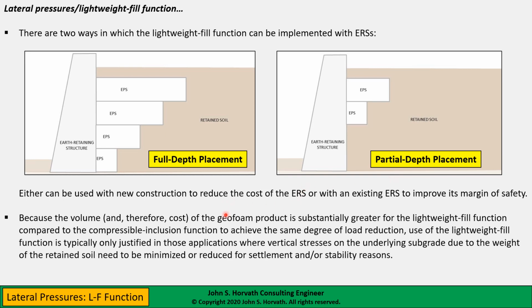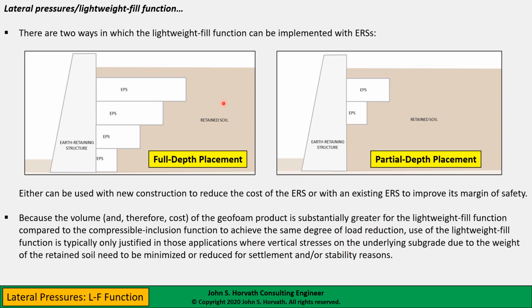Now, because the volume and therefore cost of the geofoam product is substantially greater for the lightweight fill function compared to the compressible inclusion function, again, with a compressible inclusion, we're talking about a panel that's anywhere from 6 to 12 inches thick, 150 to 300 millimeters. Whereas here, I think you could just use your imagination to see that we're talking about orders of magnitude greater volume of EPS and an appropriate increase in cost. But